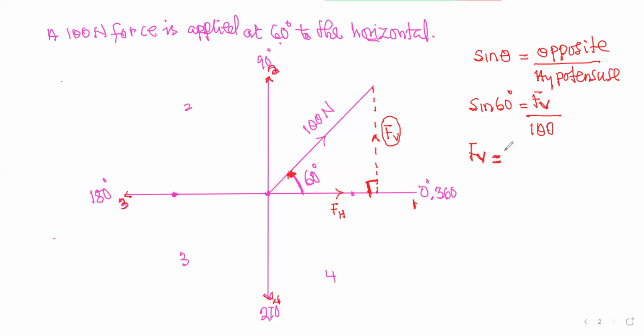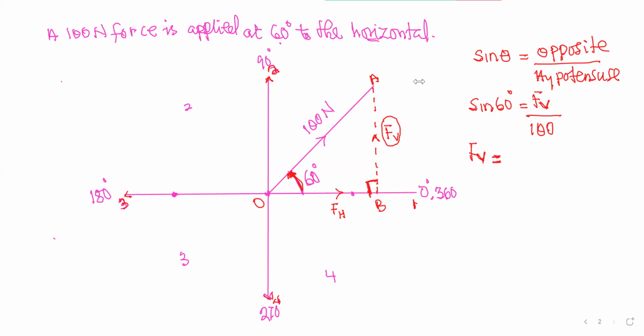Sir, please, you said you are looking for the opposite, which is F vertical. Yes. Please, that part, isn't it the adjacent? Look at the right angle triangle. We are O, A, H, and this is the angle 60. Which of the sides is opposite to the angle? Sir, that side, AB, and that's what I've represented as FV. Are you okay? Yes, sir.